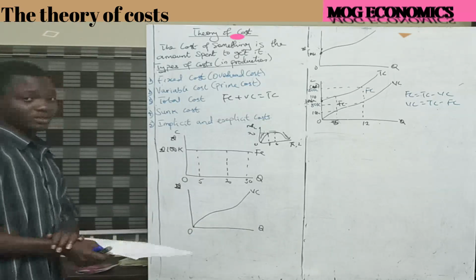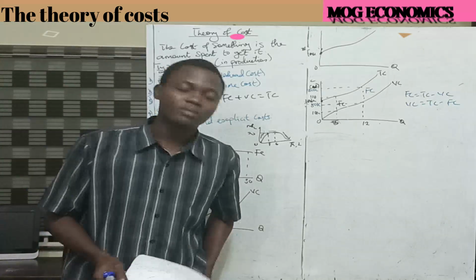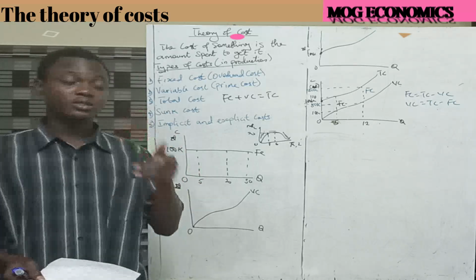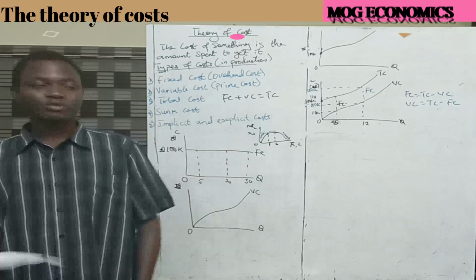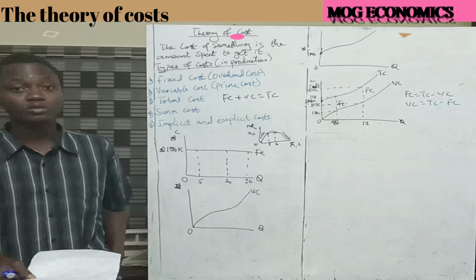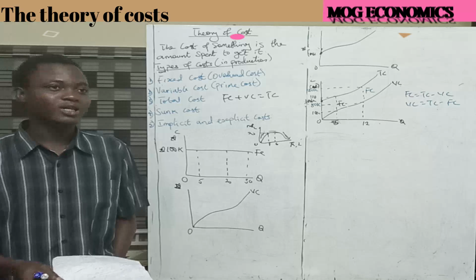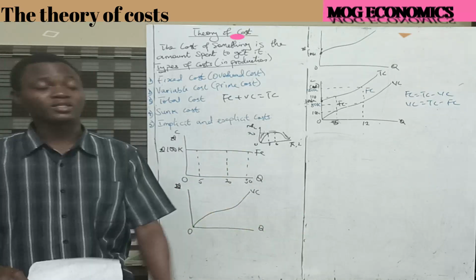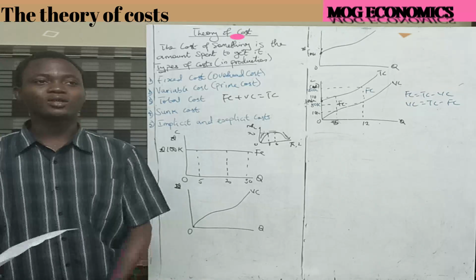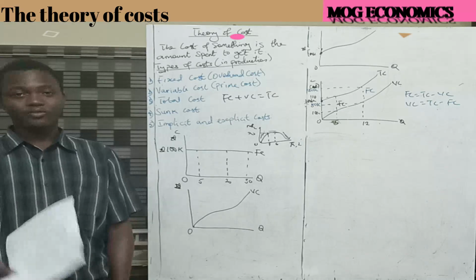Now the thing is that you read, or you've been reading, and students, from my observation, cannot really differentiate between the fixed cost and the sunk cost. Okay, fine. The definition you're given is that sunk cost is an irrecoverable cost. Money that has drowned, money that has gone, and you are then given some examples. You are given some items: which one is sunk? Which one is fixed? And what you're picking for fixed cost is what you're picking for sunk cost. Like you don't really know what you're doing, and it's not your fault.